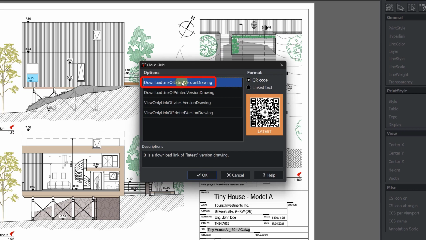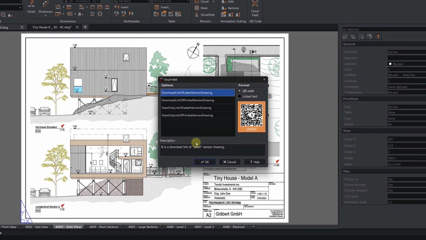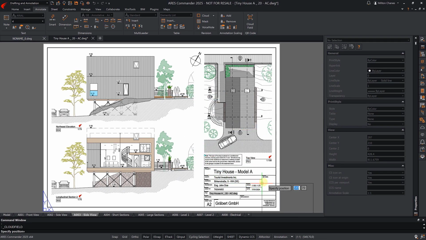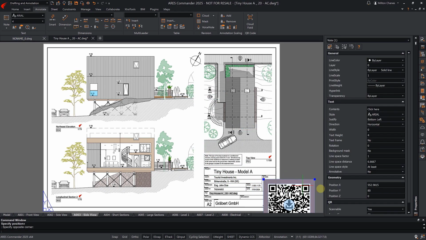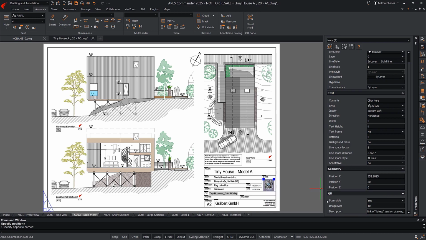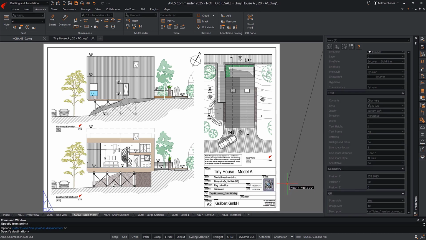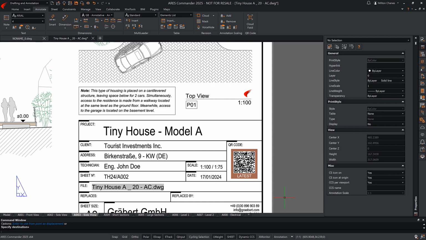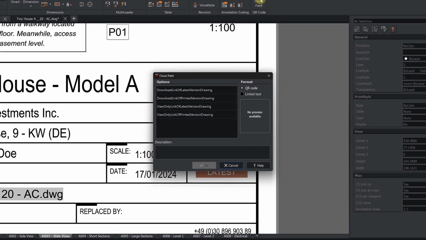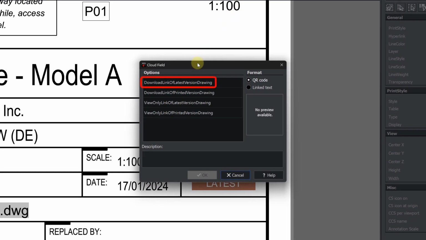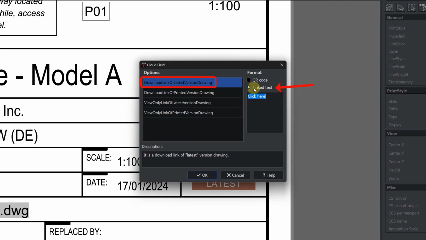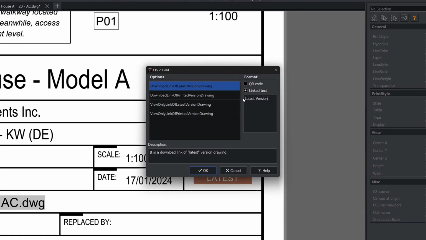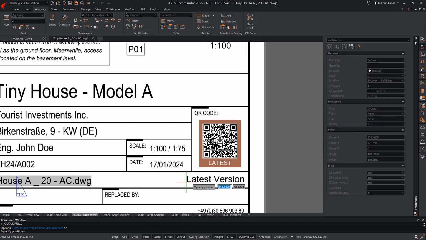That's why we use the QR code Latest, but we also include the option to download the DWG file. To make it even easier, we also add a text link. The QR code will be used on mobile devices and the text link on computers.